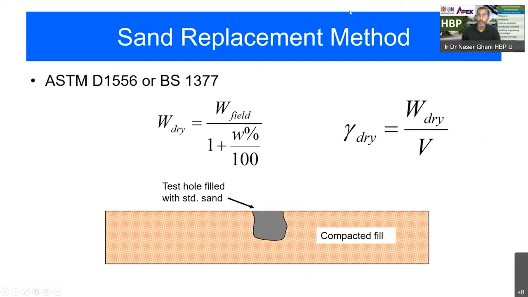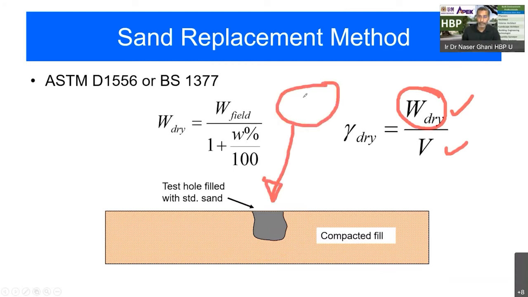So this is weight, this is volume. We can easily get the weight of the sand. If you put the sand inside here, we can put it on a weighing machine and get the kilograms of the sand